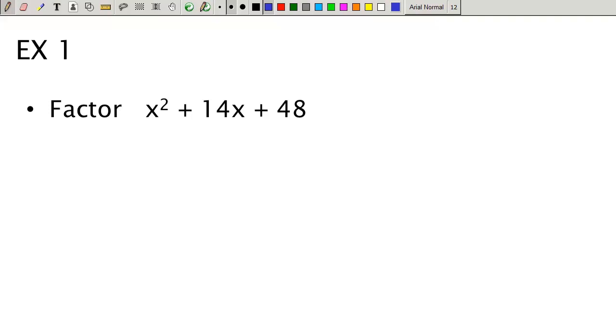All right, so let's look at example 1. Example 1, we're taking a trinomial, x squared plus 14x plus 48, and what we're trying to do is factor it. So when we factor something, what we're trying to do is, if you think about just a number,